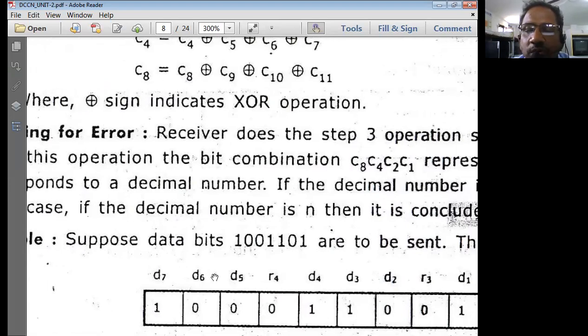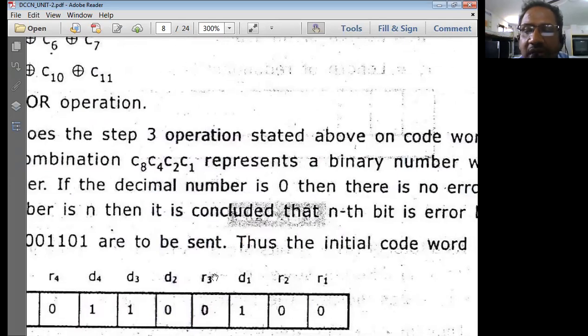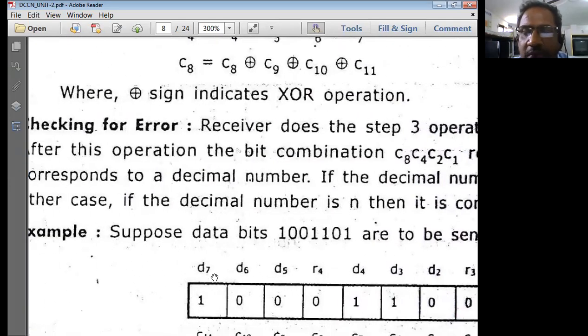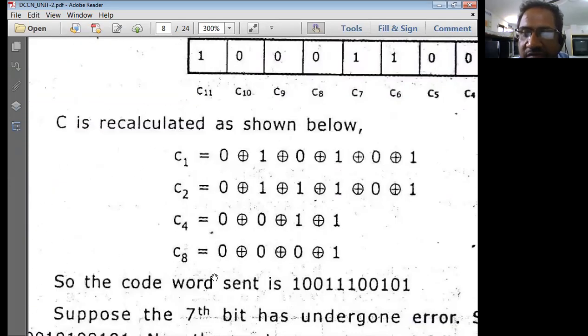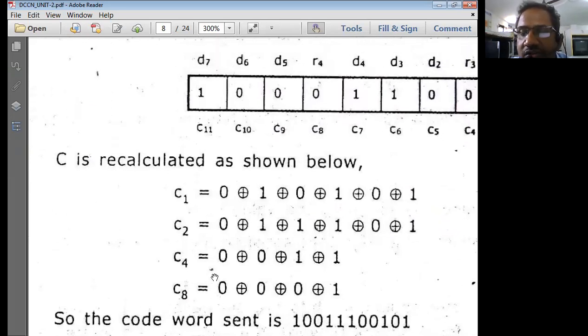And the last method is going to be the Hamming code method. I leave the Hamming code method to you because it is exactly the same as the method which we have discussed in the DLD subject. So you can just use the same methodology to work through the Hamming code method.